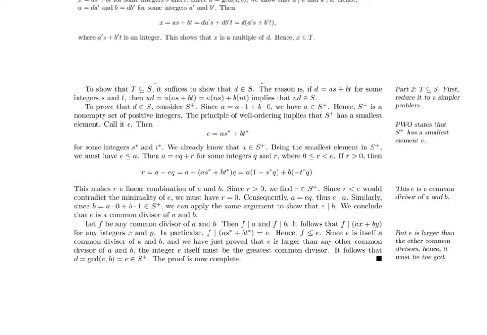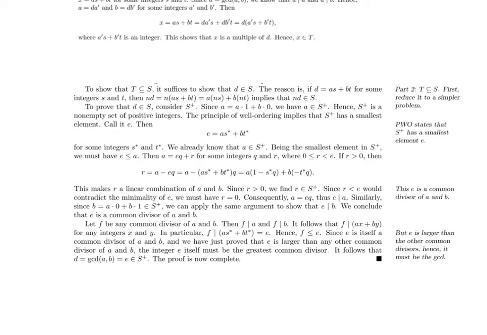That means E can be written as a linear combination of A and B. Again, this S star and T star is just, we don't have enough letters, so we're using stars to differentiate them from other uses of S and T. So we know that A is an element of S plus, which means E has to be less than or equal to A, which means we can apply the division algorithm to A and E,